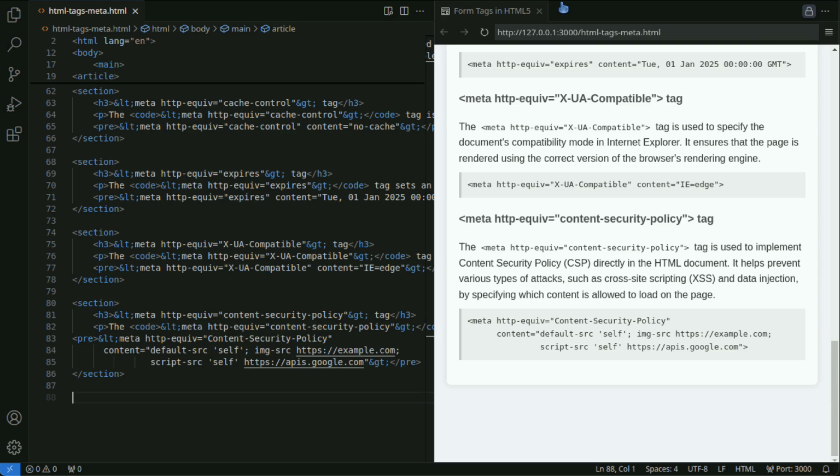Priority. A CSP sent via HTTP headers takes precedence over one specified in a meta tag. This means that if a CSP is set on the server side, it will not be overridden by a meta tag used on the client side.